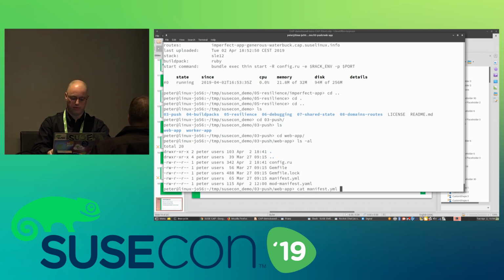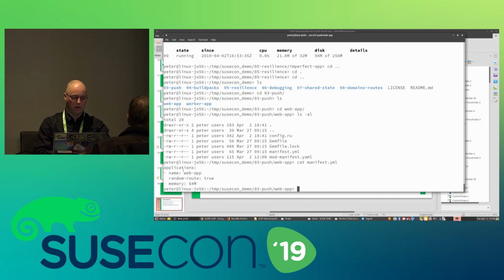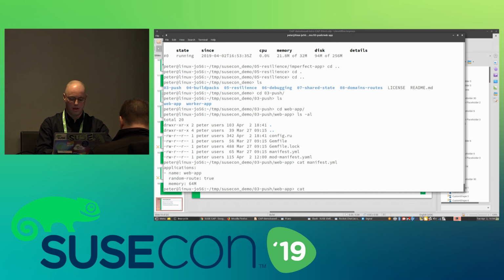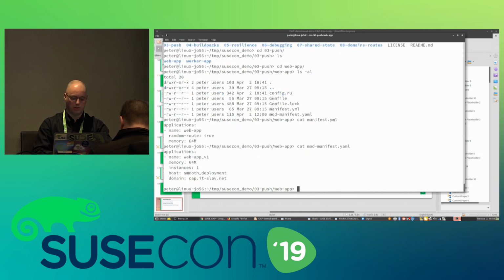So if you look at the manifest, this one is the standard one, so it creates a random route and so on, and how much memory it's using. But what I have done is created a modified manifest, which I'm going to use, where I force the route to it. And how many instances of it.